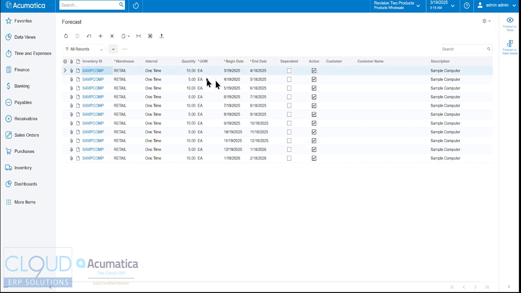You can also turn these off. Let's say there's a forecast you don't particularly like. You can deactivate it so that our next step, which I'm going to show you right now, won't take this